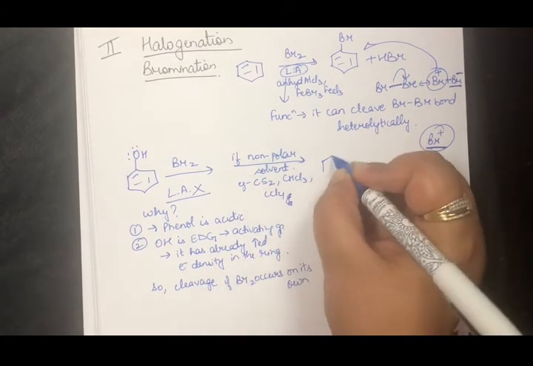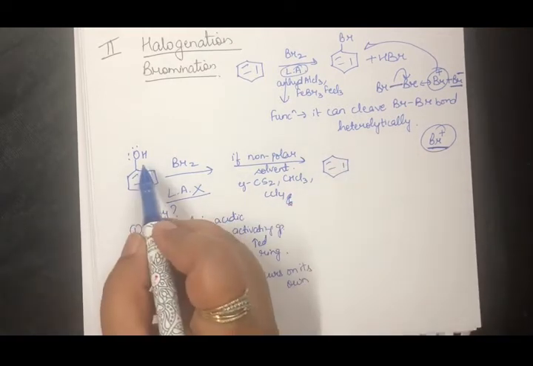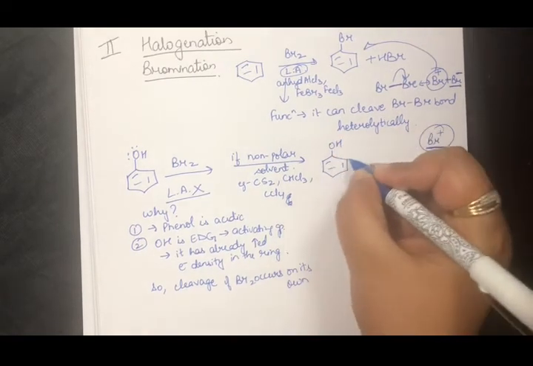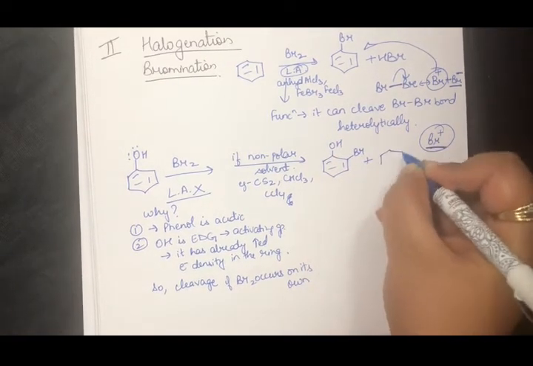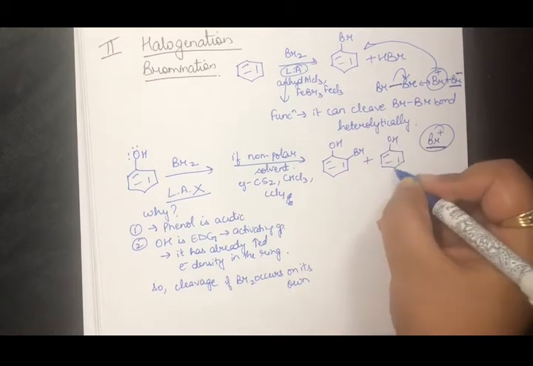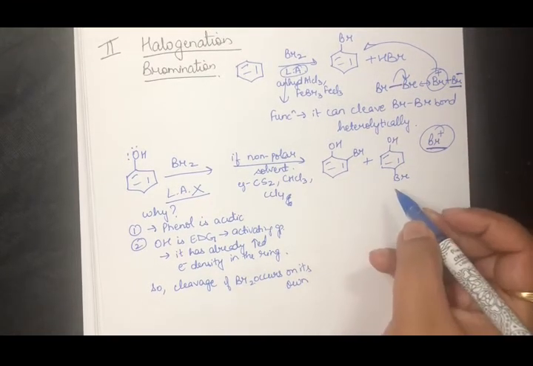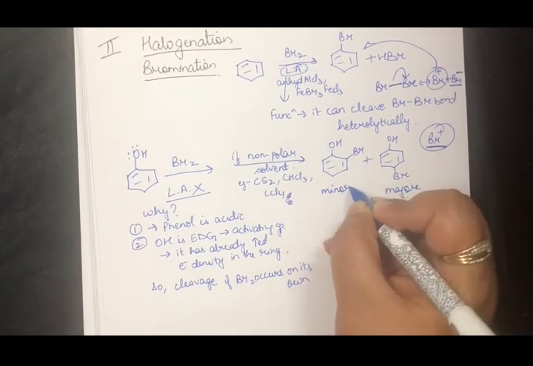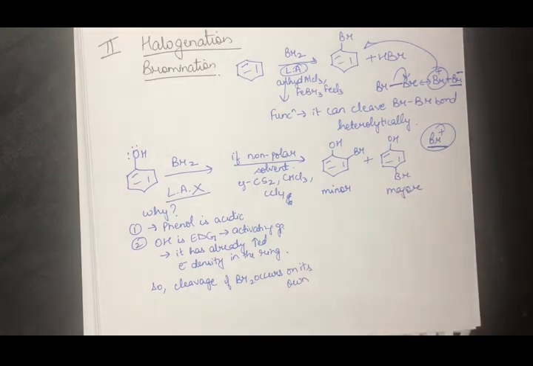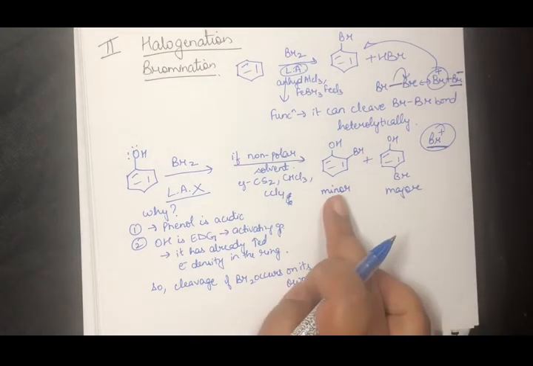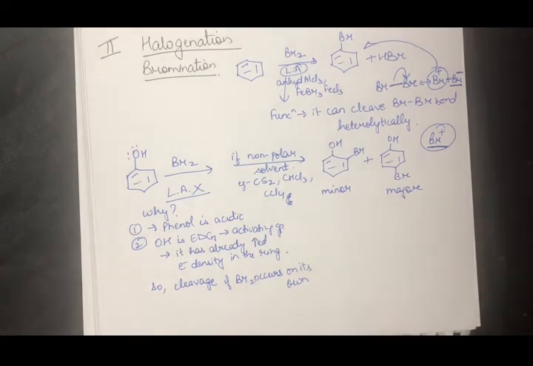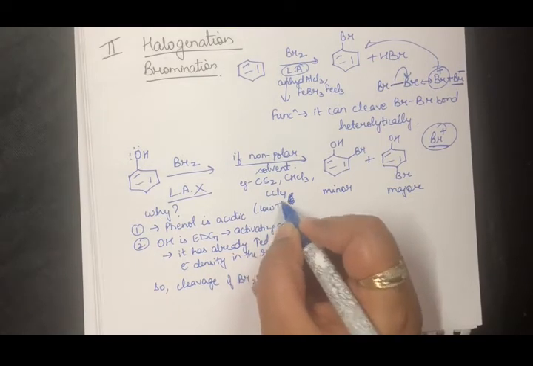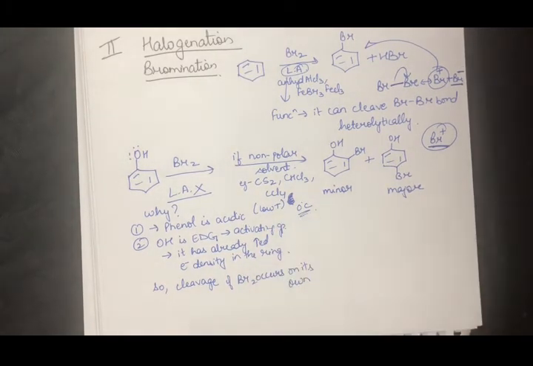Now what will happen is that again, due to this activating group, the ortho and para positions are electron rich, so my electrophile will go and attack at the ortho position and it will also go and attack at my para position. Again, which is going to be the major and minor product? This is going to be my major product, no traffic. It is having less steric hindrance, so it is more stable and the major product of the reaction. This is going to be my minor product, right? Now this reaction also occurs at very low temperature. Even at 0 degrees Celsius it will occur.